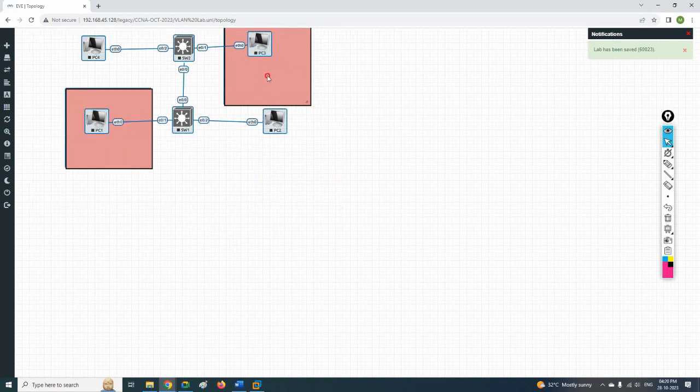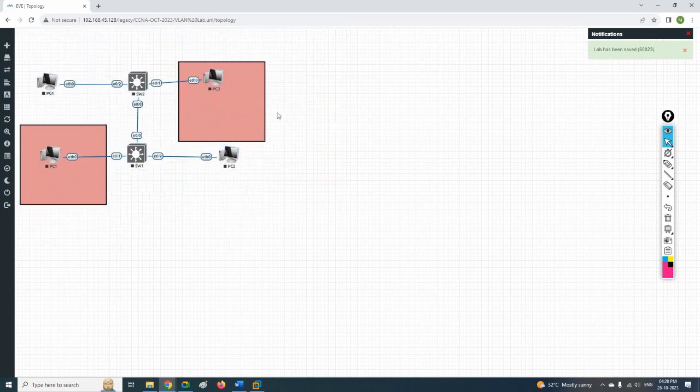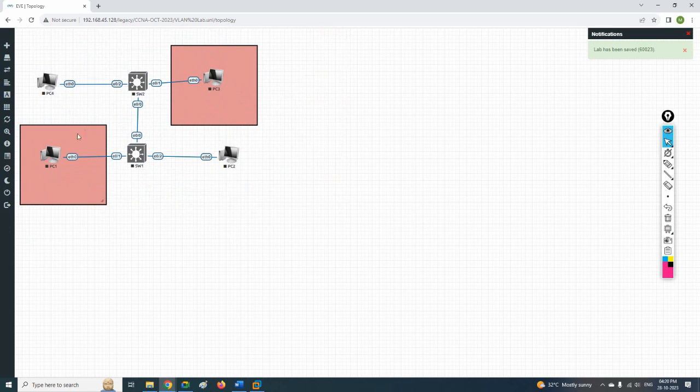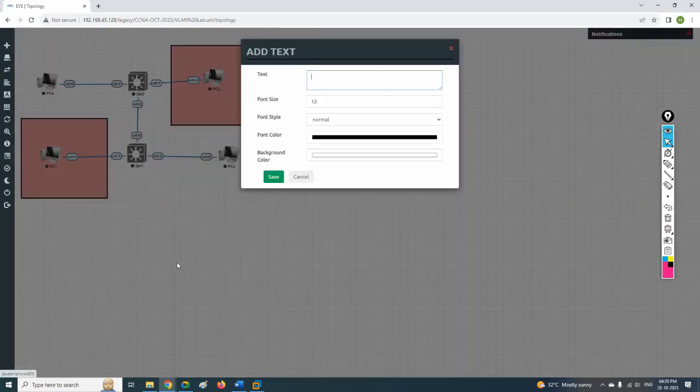Or let me move this down. Okay, if you see here, this is the HR guy. I can put the label here. I will say VLAN 10. Same thing what we did in Packet Tracer. Same thing I am writing VLAN 10. The name I am going to give is sales. Let me give sales. And the subnet we are going to use here